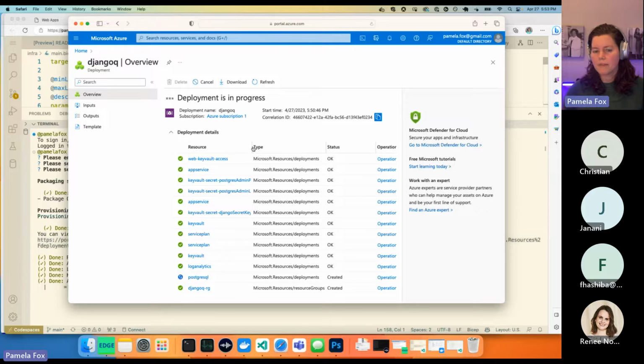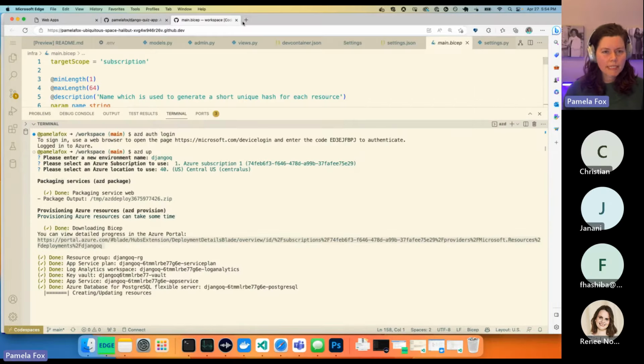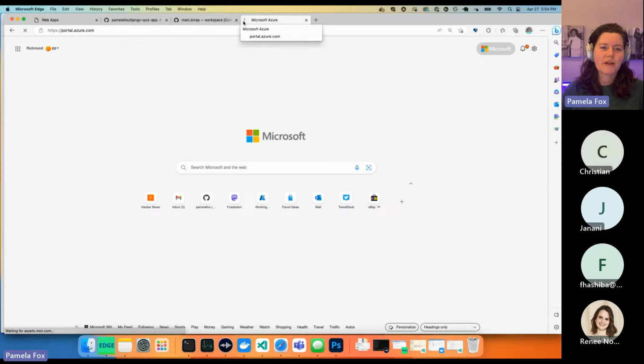But the first time it is going to take some time, especially with the Postgres server. That's a fairly new service, and it's the slowest one of this particular batch. It takes some time to make it. Hopefully it's available in this location. Sometimes there are location constraints for that server. If it's not available in Central US, then I'll try East US instead. But let me see if I have a prepackaged version I can show you. I probably do.